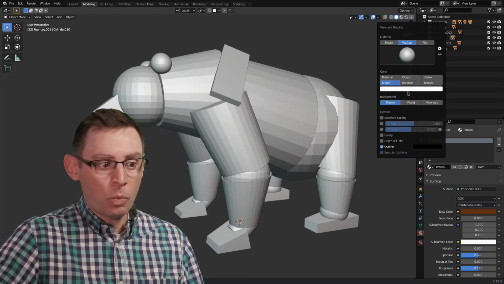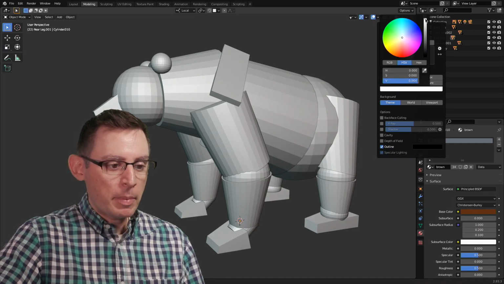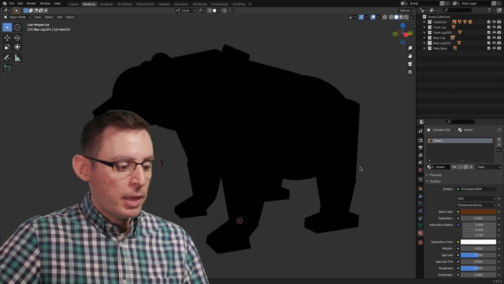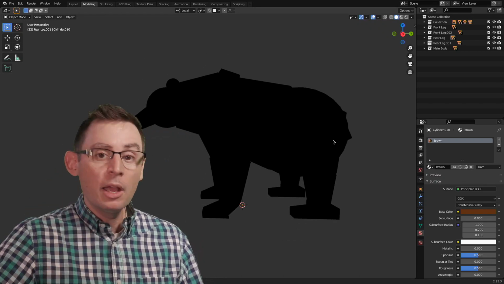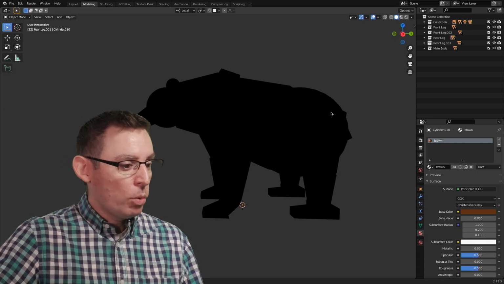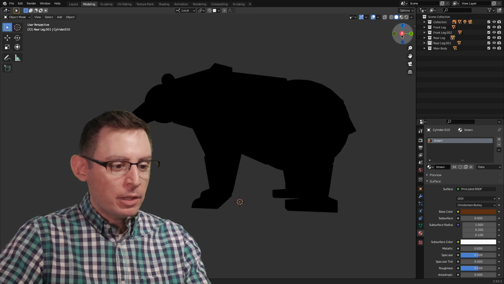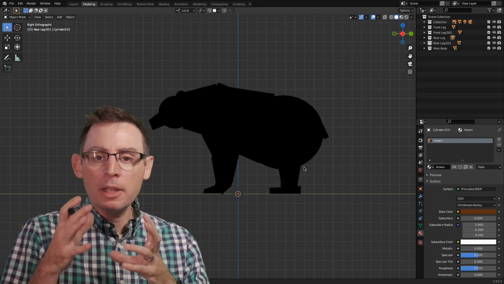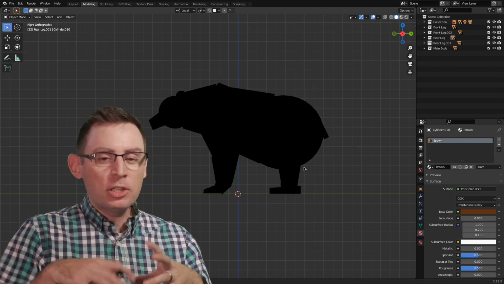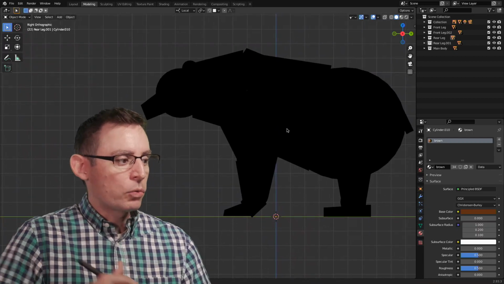This is what it looks like. The default color is white. If we click in this big color square here, we'll get the color picker. I'm just going to take my little dot on this value slider and drive it all the way down to 0, which is going to flood all the geometry in this scene completely black. Which allows me to see, quite beautifully, the silhouette of my character. It strips out all of the shading that the viewport drawing engine's given us. It's stripping out the influence of all the light. And now we are basically just seeing the overall silhouette.